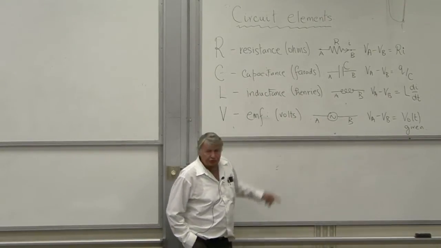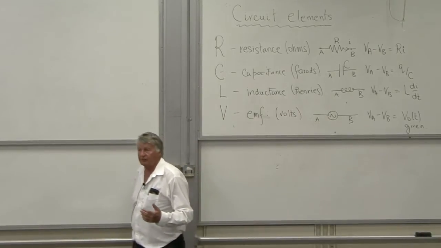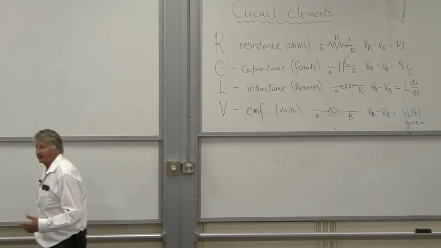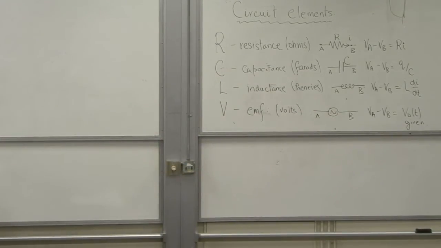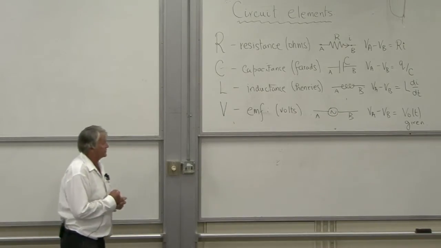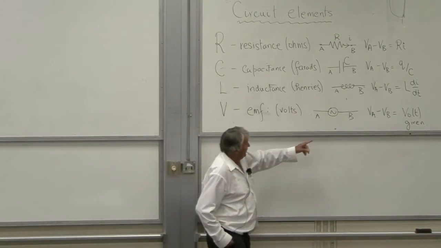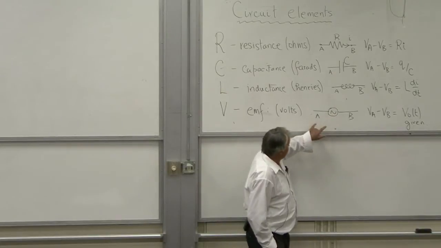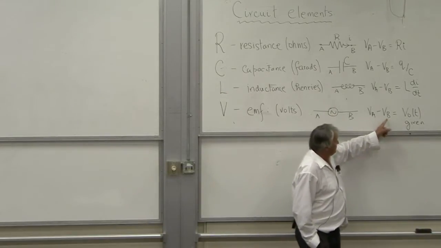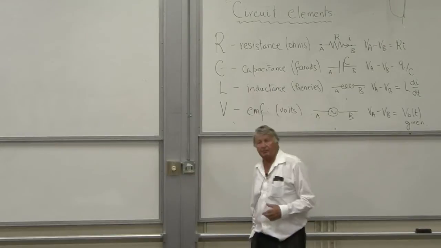Finally, we have the source. The source, what drives the current in the circuit, is the EMF, electromotive force. You could think of that as the battery that you're going to apply to the whole system, or some source. And we represent that with this circle with a squiggle in the middle. And usually the voltage across that will be some given function